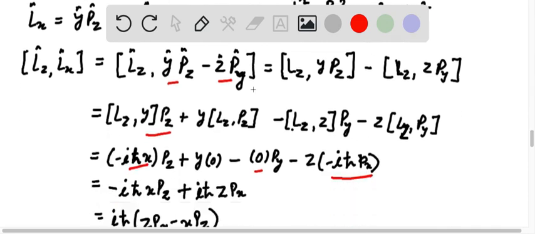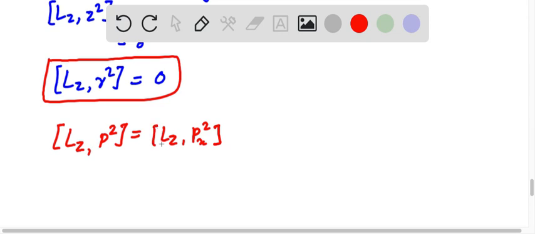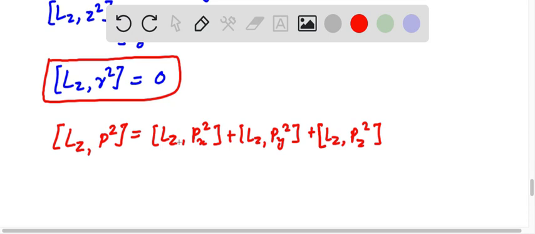And now calculate Lz with p square. Similarly, we have to calculate Lz with p square, and it will be Lz with px square plus Lz with py square plus Lz with pz square. Now calculate first this one, that is Lz with px square is equal to